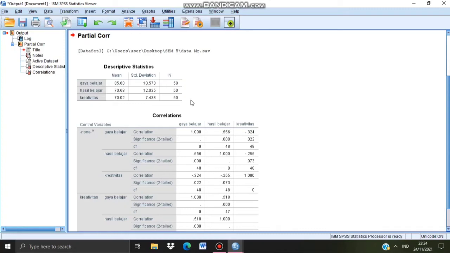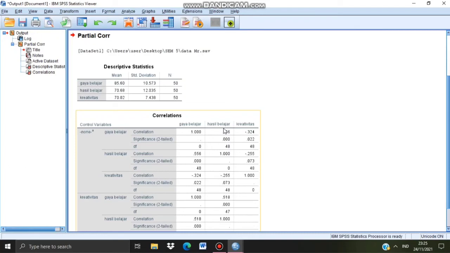Then from the correlation table, we know there is table none and table kreativitas belajar. In the output table none, we know shows the correlation value between each variable. In this case, correlation value of variable gaya belajar and hasil belajar before the control variable is included into the analysis.